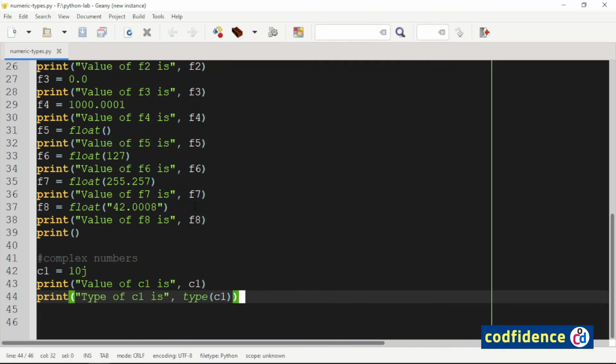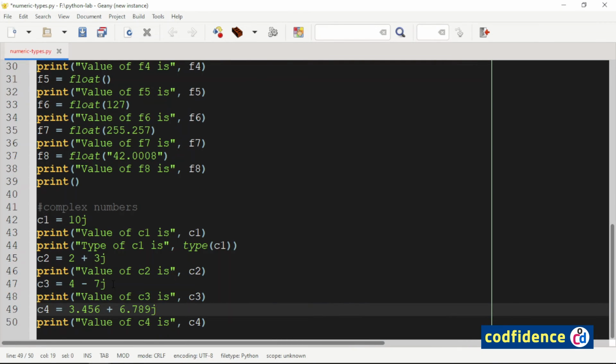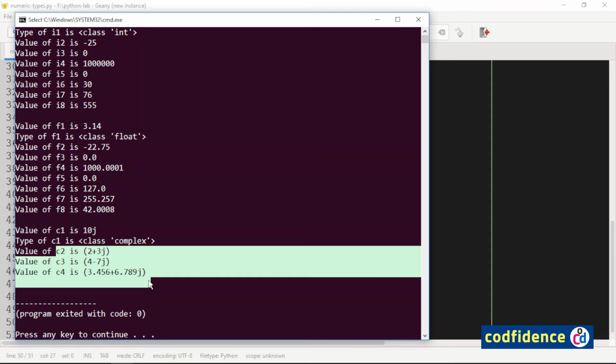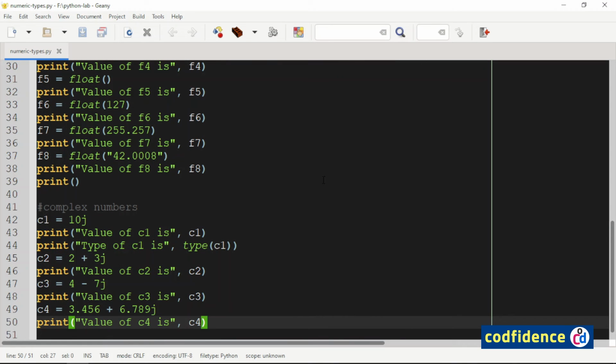Add more variables here. Let us run the program again. You can see the variables are assigned with complex numbers. The class complex also supports a complex function which can be used for creating variables with complex numbers.